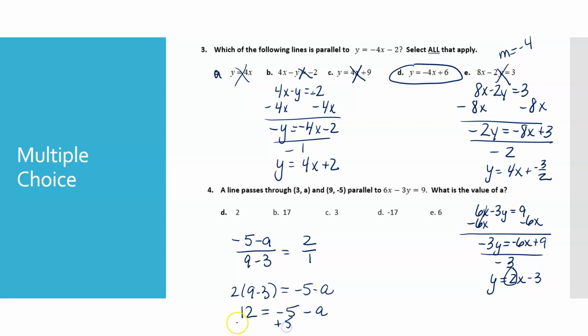I'm going to add 5. So I have 17 is equal to negative a. Divide by negative 1. A is negative 17. Okay, there is one of those on your test. So ask me in office hours if you need to. And we're going to skip number 5 because that equation doesn't work. All right,